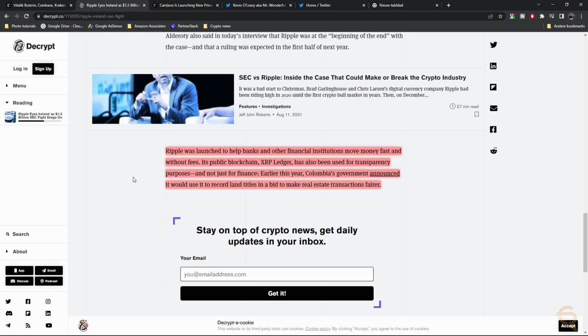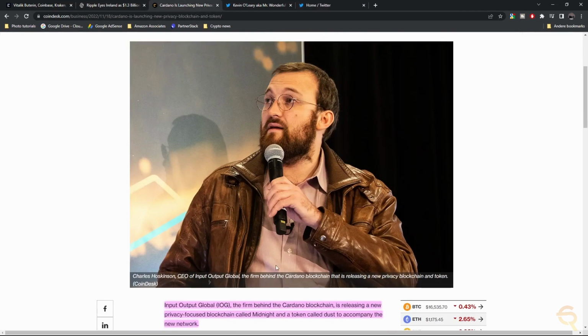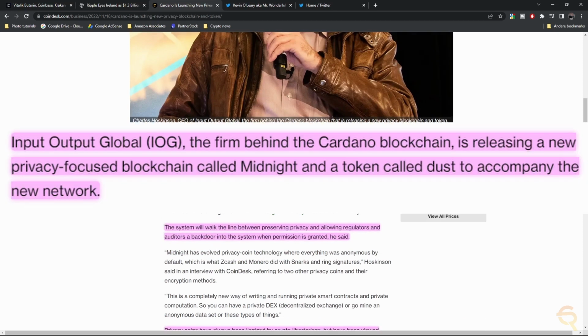Let's move on to the next one because we were talking about privacy over here. That's why I got this article: Cardano is launching new privacy blockchain and token. We've got Charles Hoskinson, the CEO of Input Output Global, the firm behind the Cardano blockchain, which is also known as ADA. And they are releasing a new privacy-focused blockchain called Midnight and a token called Dust to accompany